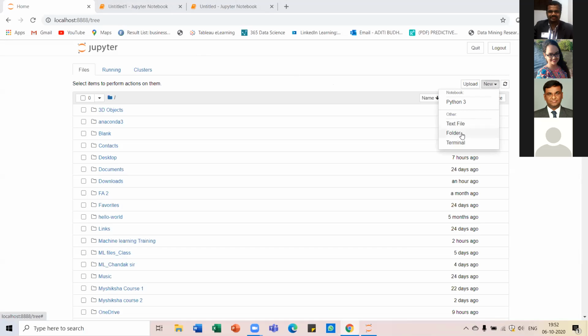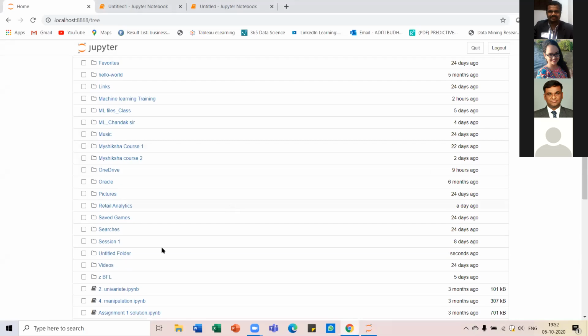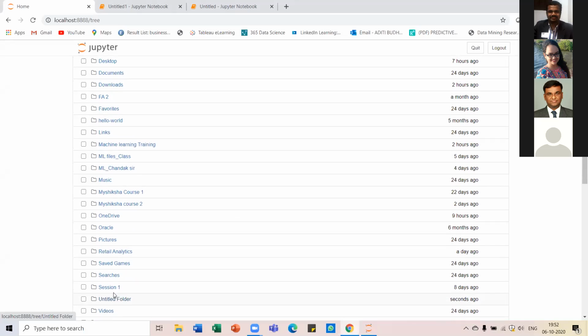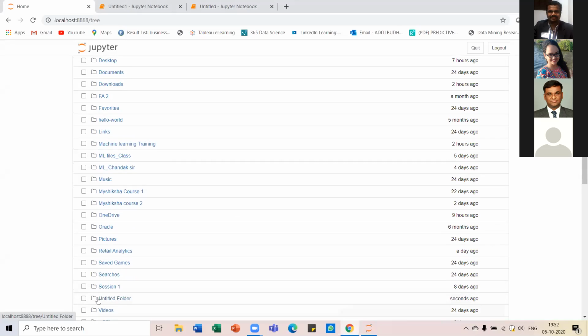So let's create a folder. Just go to this New, and in the drop down, you'll be able to see the folder option. Just go there and create a new folder. And then you can see that one untitled folder would be created. At the end, it will be visible to you, because this basically saves everything in alphabetical order.